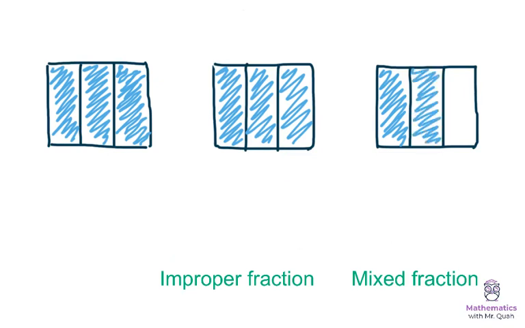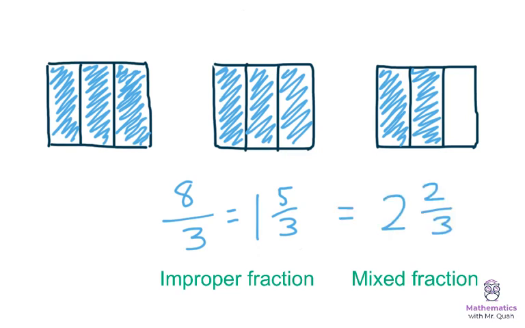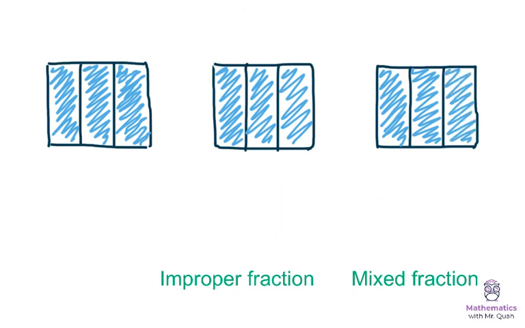Continuing on, of course, we get the idea. This would become 8/3 by colouring in another piece. It's the same as 1 5/3 if we look closely, but it's still improper. And to properly record this, it would be 2 2/3, a mixed fraction between whole numbers and a proper fraction partner. And lastly, if we colour in the remaining part of the shape, we of course have 9/3, which is